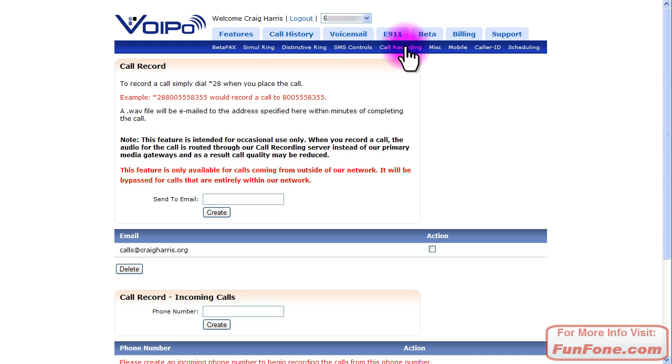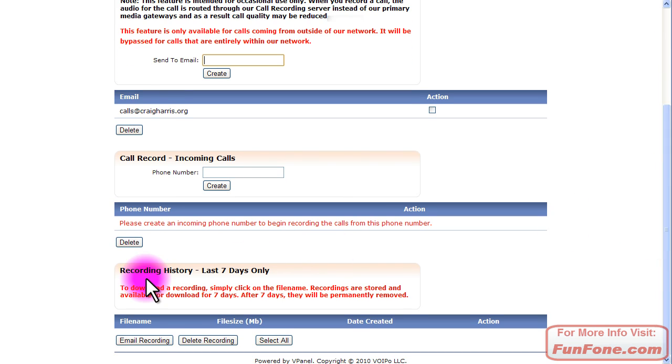Call recording. Sometimes you need to record a phone call for whatever reason. To record outgoing phone calls, you simply dial *28 and then the phone number, and the call will be recorded. If you choose to enter an email address, the recording will be sent to your email. It will also be saved down here at the lower part of this page, and they will be saved for